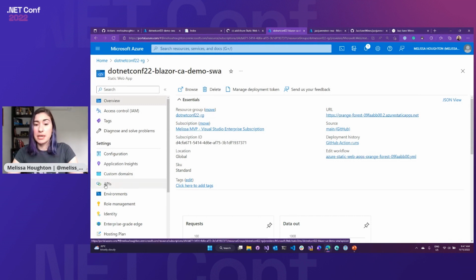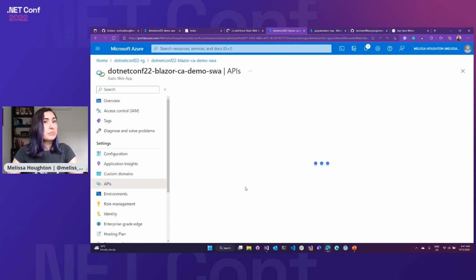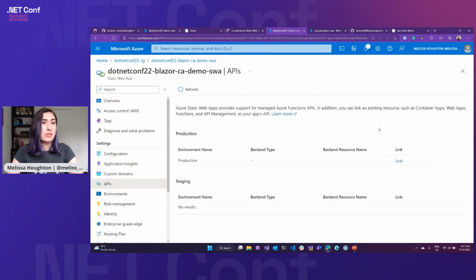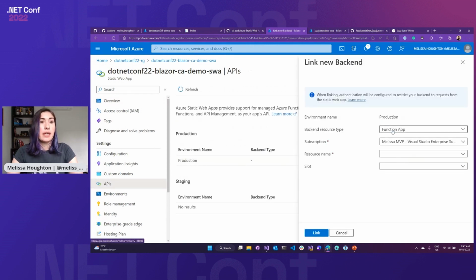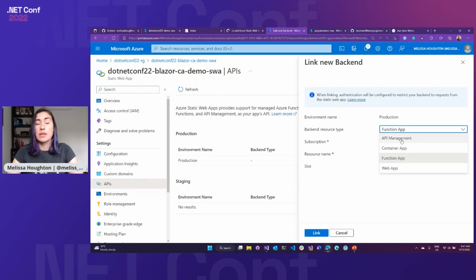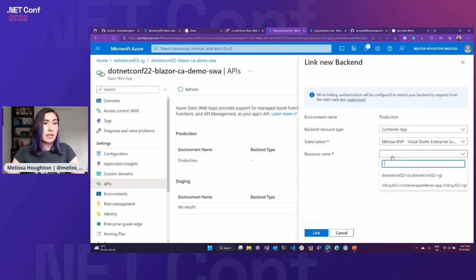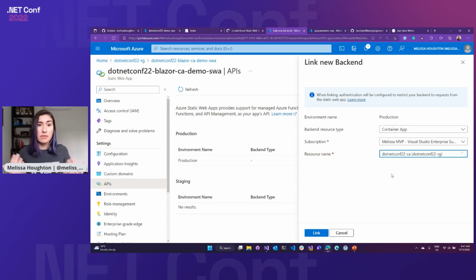So if I go to this API section on the left, what I can then do is click on link. And we can see that function app is available as one of the bring your own options, but I'm going to go with container app. And I have my container app already deployed here, so I can just select it from the resource and click link. And you'll see there's this little information sign.